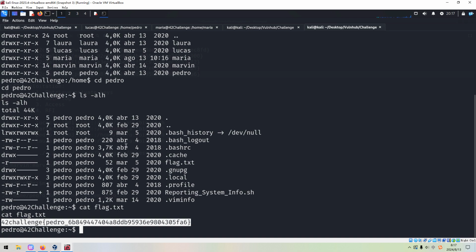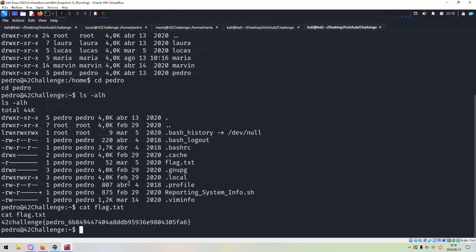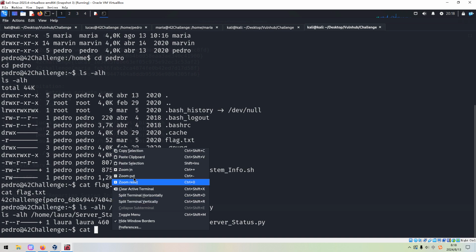So now we come to the final normal user. And as I mentioned earlier, we can manipulate this one. However, we need to take a look at the permission of this file. No user has permission to modify it. So we need to go into this script.